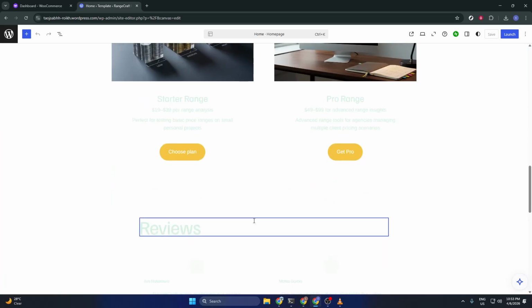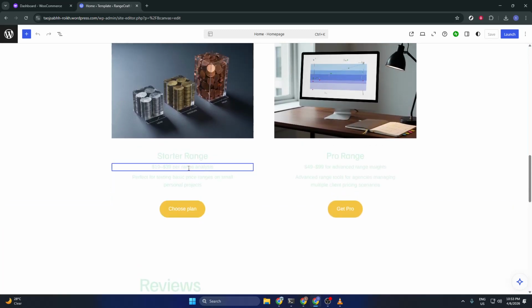On the page canvas, locate the specific price range you want to hide. This might be part of a pricing table, a product list, or a block within a template. Click directly on the price range element to select it. If the selection is tricky because other blocks are nested around it, try clicking once to select the parent area and then click again to drill down to the exact price text or block until you see the selection outline